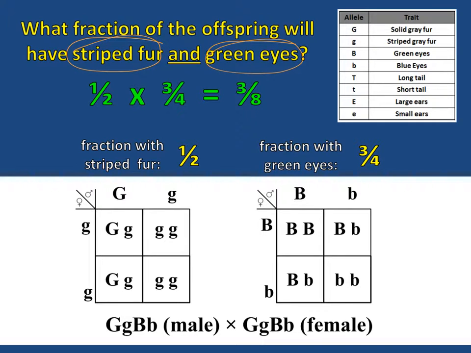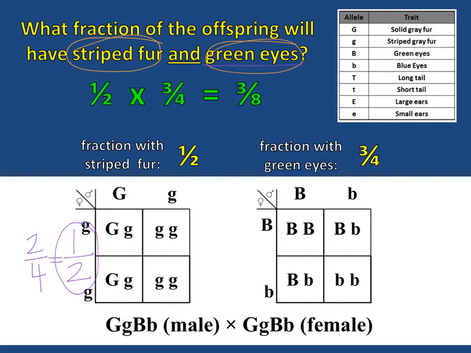So because the question is asking about striped fur, which is in this Punnett square, striped fur is little g. So in order for a baby to be striped fur, it has to have two little g's. Little g, little g. So if you look here, in this Punnett square, there are two boxes with little g, little g. So that is 2 out of 4, but you can simplify that to 1/2. And then